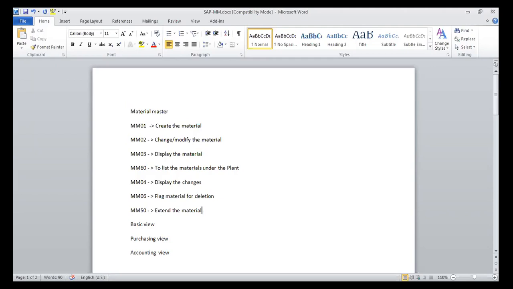But when I specify columns, there were almost 8 to 9 columns: material number, description, unit of measure, currency used, price, who created it, material type. So all that information was displayed.